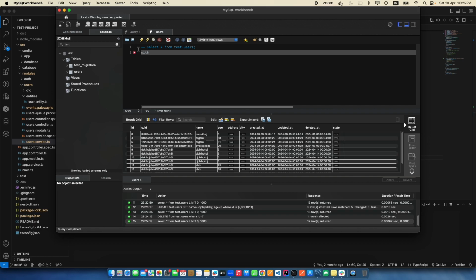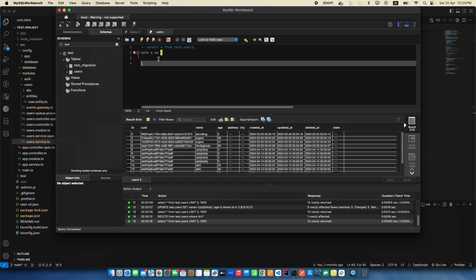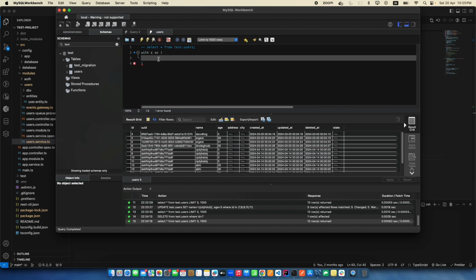So with, let's suppose I will say C, C as. So I created one variable over here. Inside this block, whatever query I pass, all the data will go into this C variable. So I will do select star from